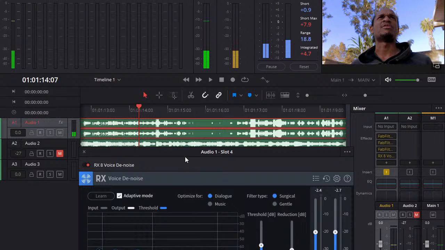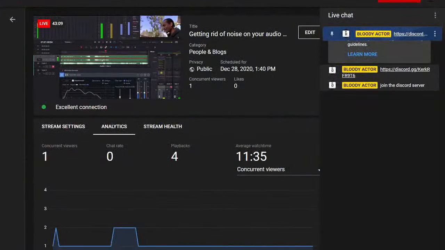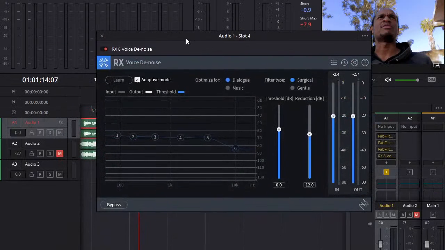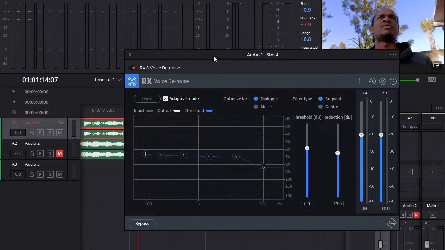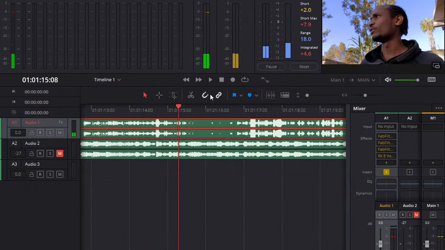That's what I was saying, these ones are the more powerful options. I would say if your audio is really messed up, you can just choose to use RX8 voice denoise, which is going to really help you a lot in fixing those issues. Now, if you want to load your plugins, by the way, which is something I don't think